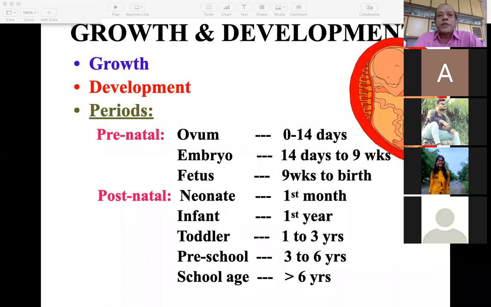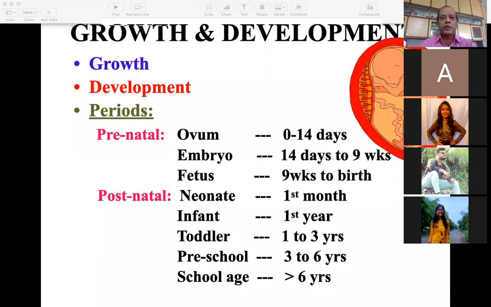So today we'll start with the basic topic, that is growth and development. Growth, for all practical purposes, means increase in size and number of the cell. So the body growth starts and continues, ideally lifelong. As you can know, the hairs and nails continue to grow. So growth occurs daily, though it may not be possible to measure it daily.